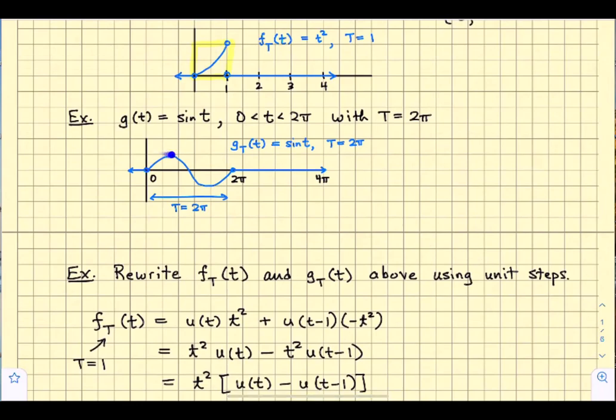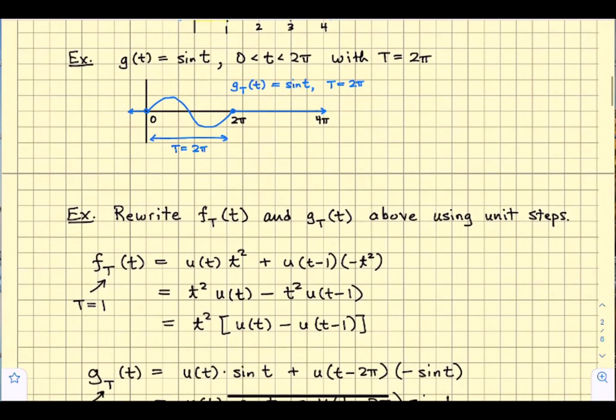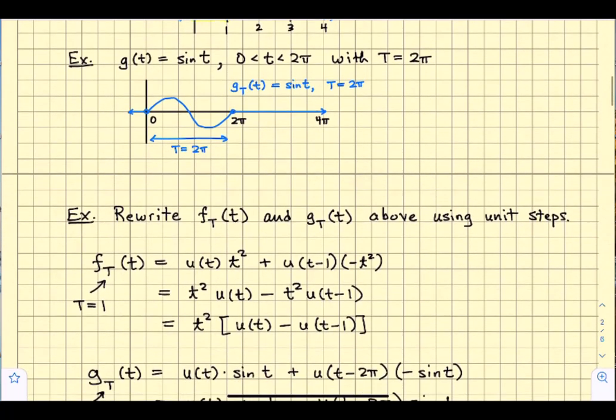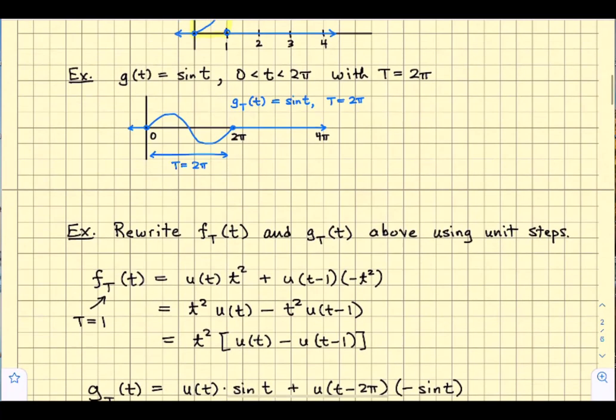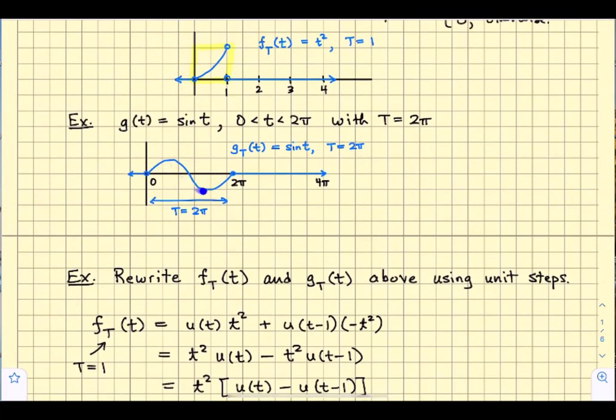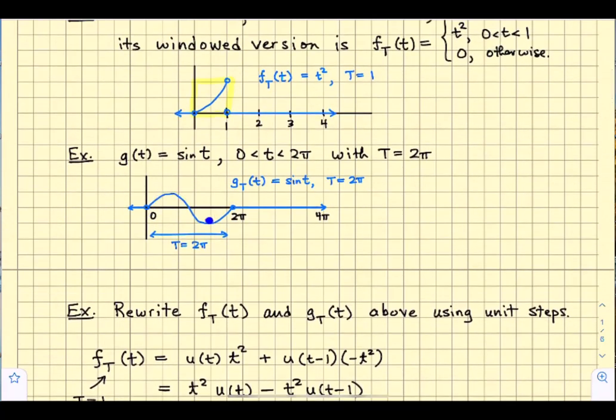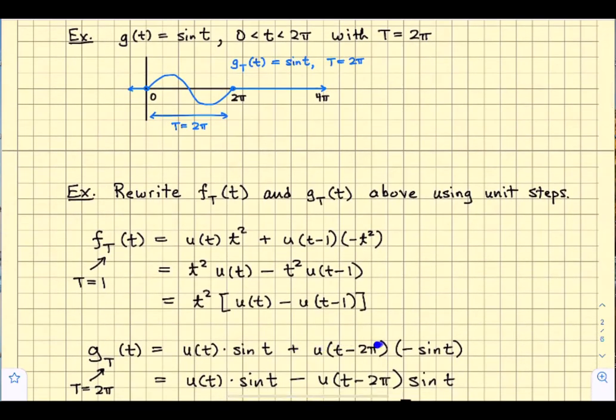So why don't we try it again with this g function? Let's say it before we write it down. We want a switch to turn on at time 0, because to the left we have to make sure the function is 0 to the left of t equals 0. So we'll start with a u of t, and then what we want it to turn on is the sine function, so we'll multiply by sine t. We want to leave that on until the next switching event, which occurs at time t equals 2 pi, so we want to add a u of t minus 2 pi,